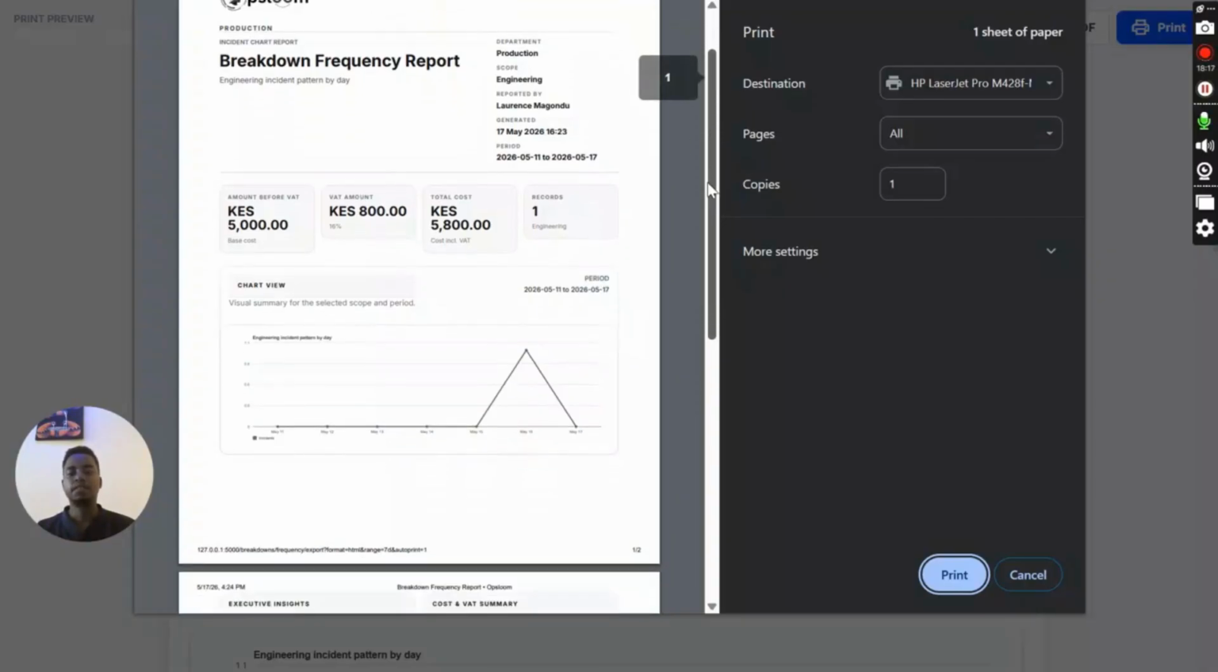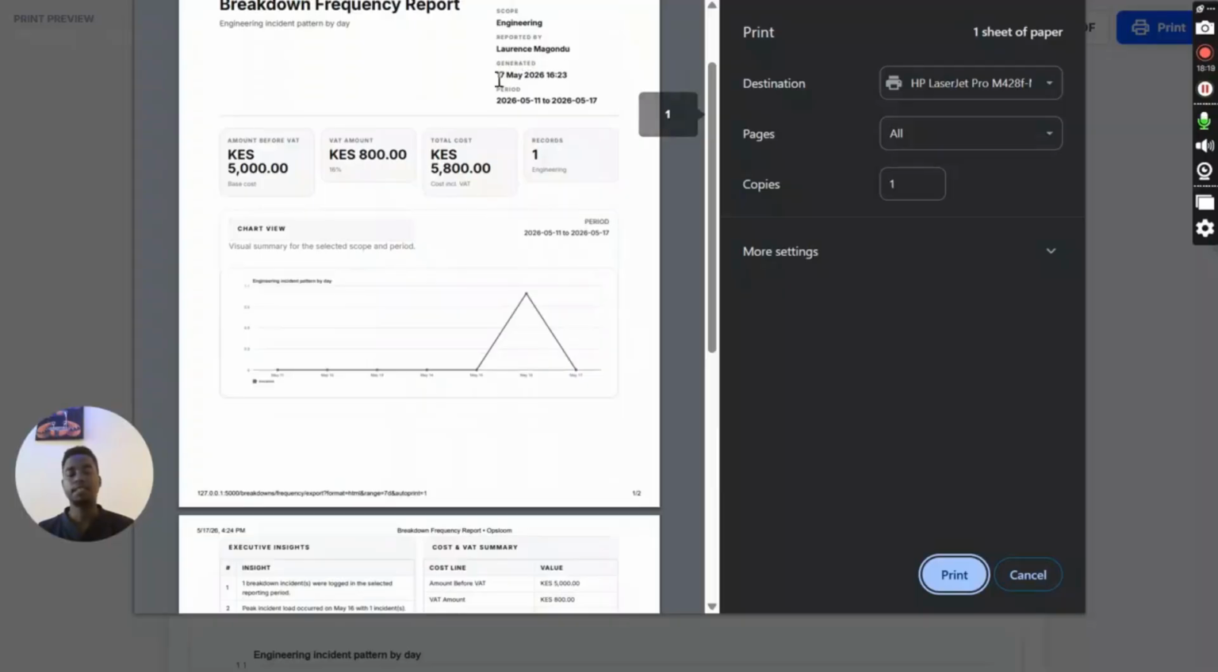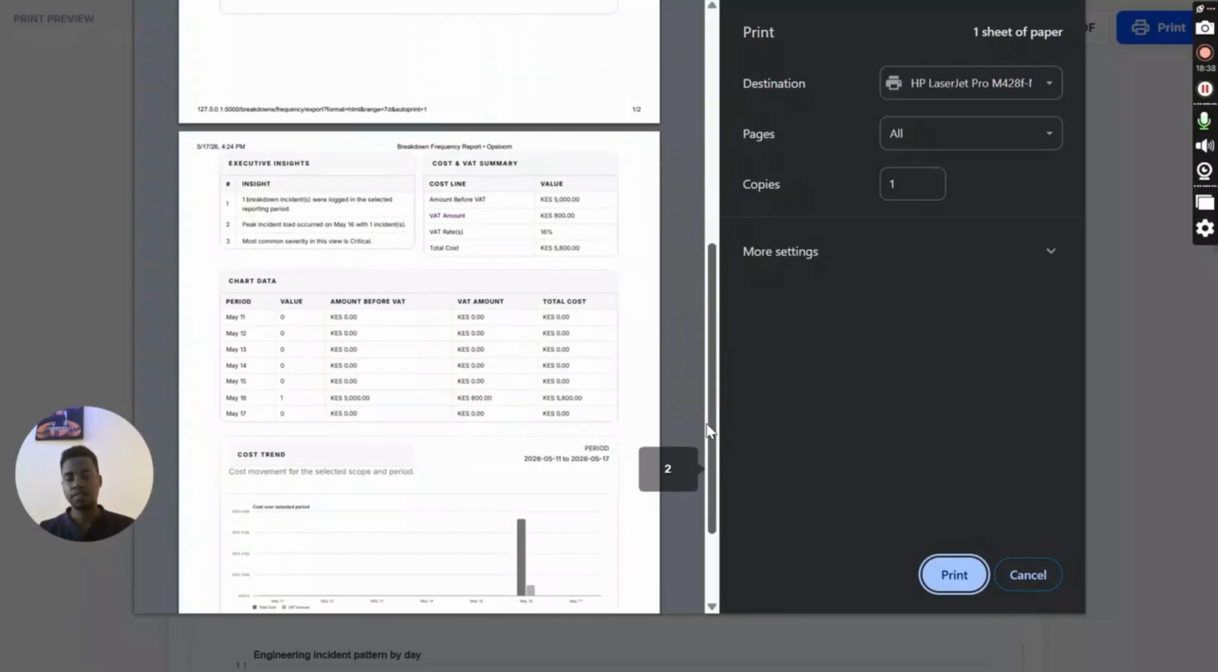And we have reported by, that is the user, and the time generated. At this time, the period of the report is to display data from this time. So this is the amount before VAT, the VAT amount, the total cost, and it's only showing one record, which is from May 16th. And we have details of